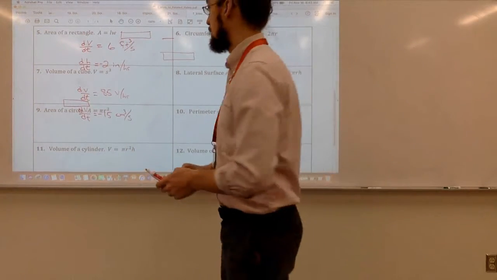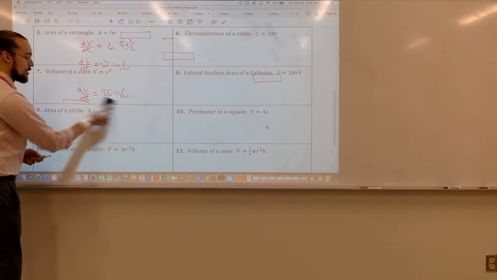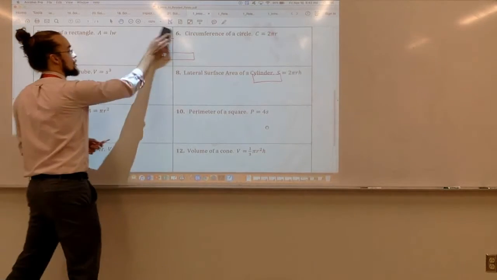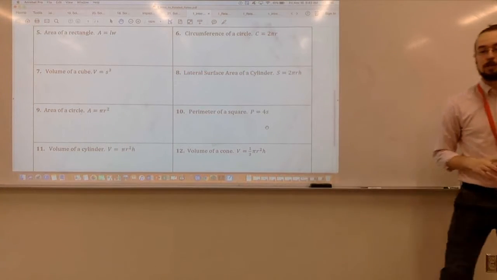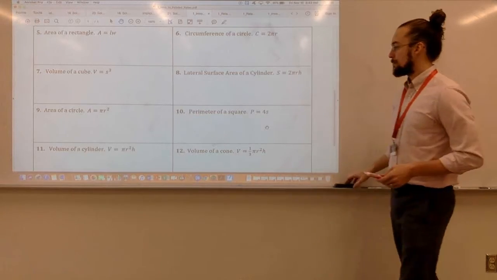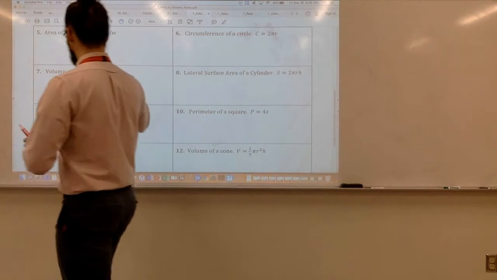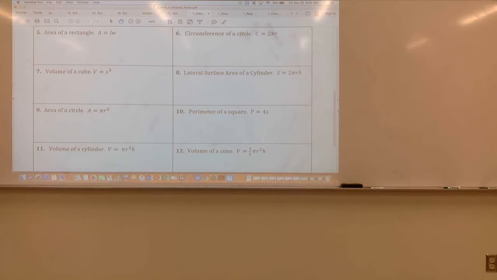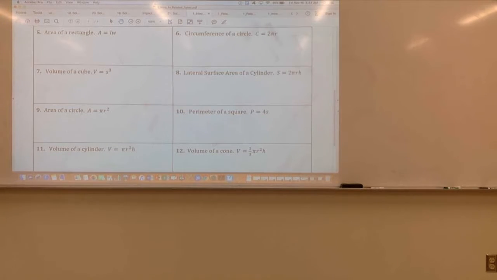All right, so the other thing that we need to look at before we actually start getting into problems is taking derivatives of a lot of these common geometric formulas. I'm pretty sure every related rates problem I've ever seen on an AP test involves one of these formulas. 99% of the time it's a geometric problem. So when we are doing these problems, what we're going to have to do is take derivatives of these